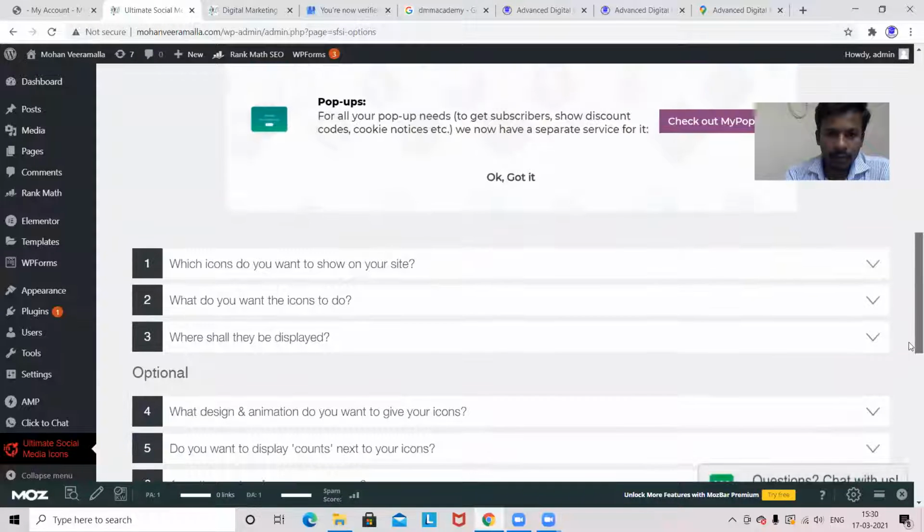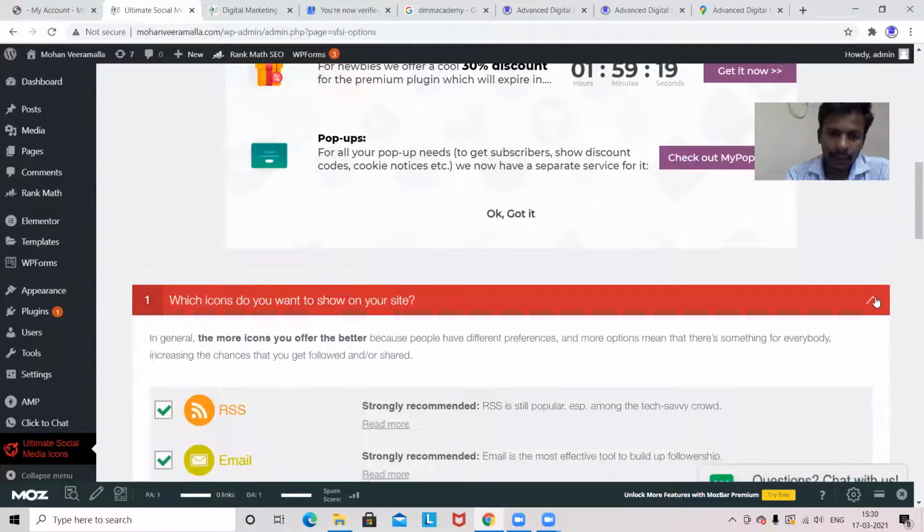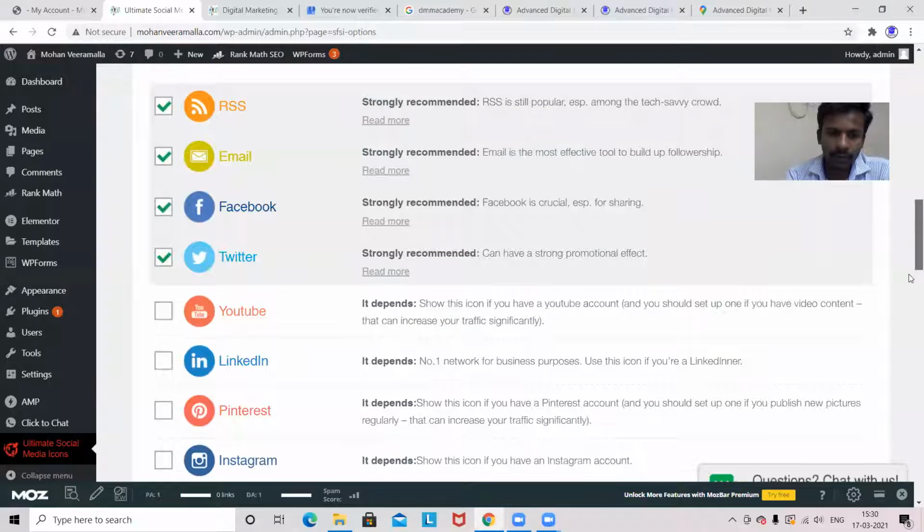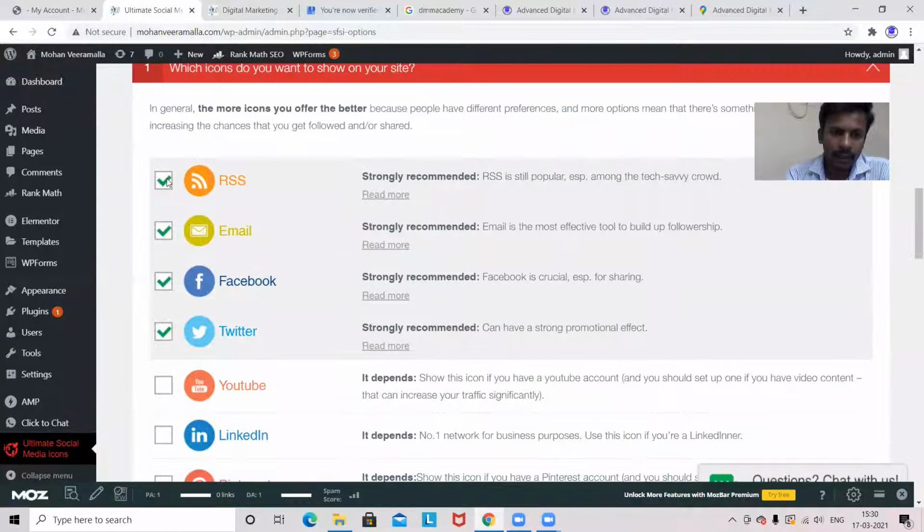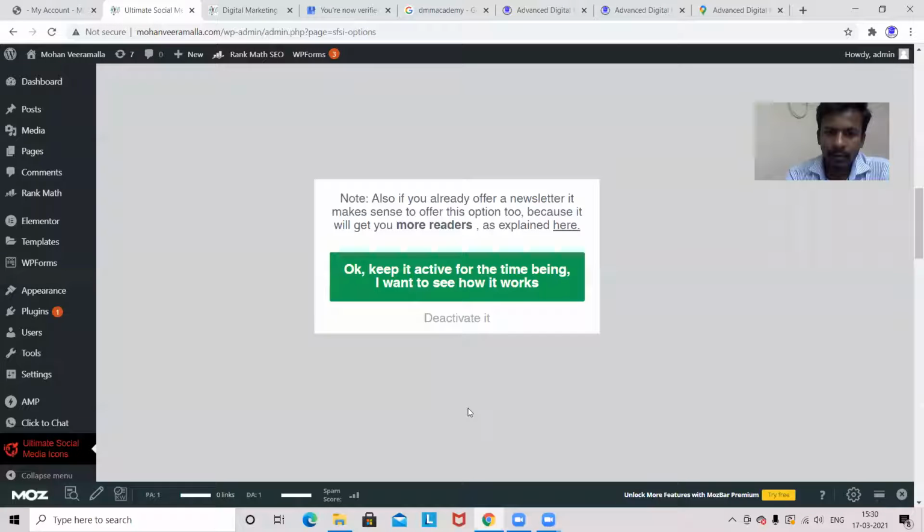So, which icons do you want to show on your site? First I have to select the icons, whichever icons I want to show. So this one RSS I don't want, email I don't want, I want Facebook. No, not deactivate. Okay, keep active.